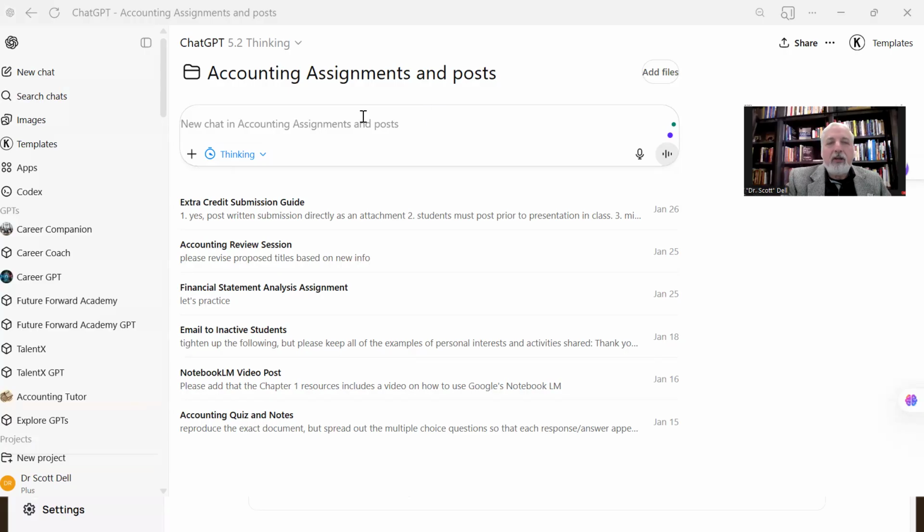Well, I'm putting all my communications in this class in one area. And the nice thing is that the context window, the area that stores that information, will remember previous stuff. And it's helpful as we go forward. So I'm going to start. It knows that I'm an accounting instructor. It has some background that we're teaching a financial accounting course and helping students at the college level figure this stuff out. So I don't have to do all that fancy prompting to get it going.